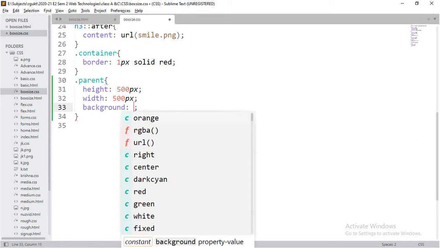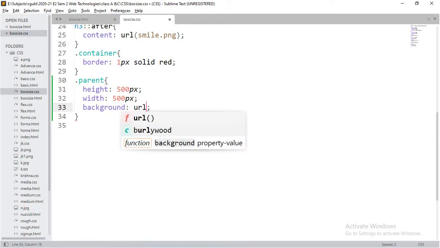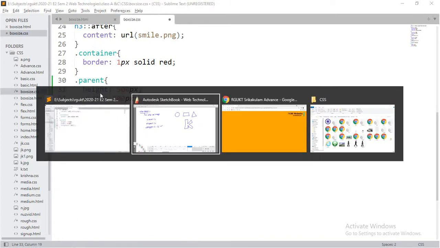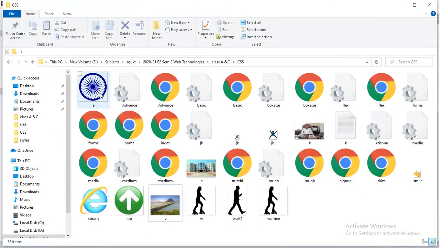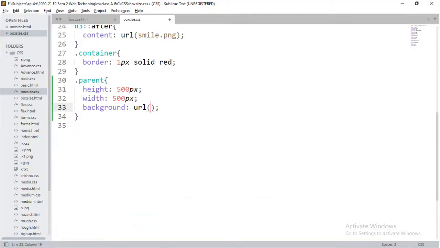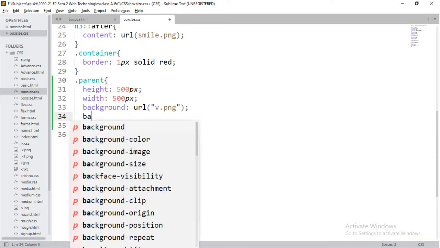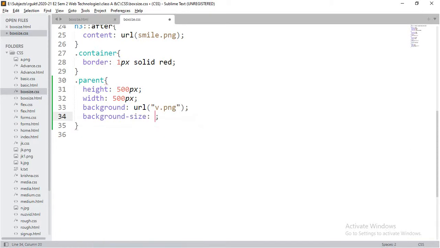So for background, I'm going to use the shorthand property with the URL of v.png. I can define the background size as 500 pixels by 500 pixels.